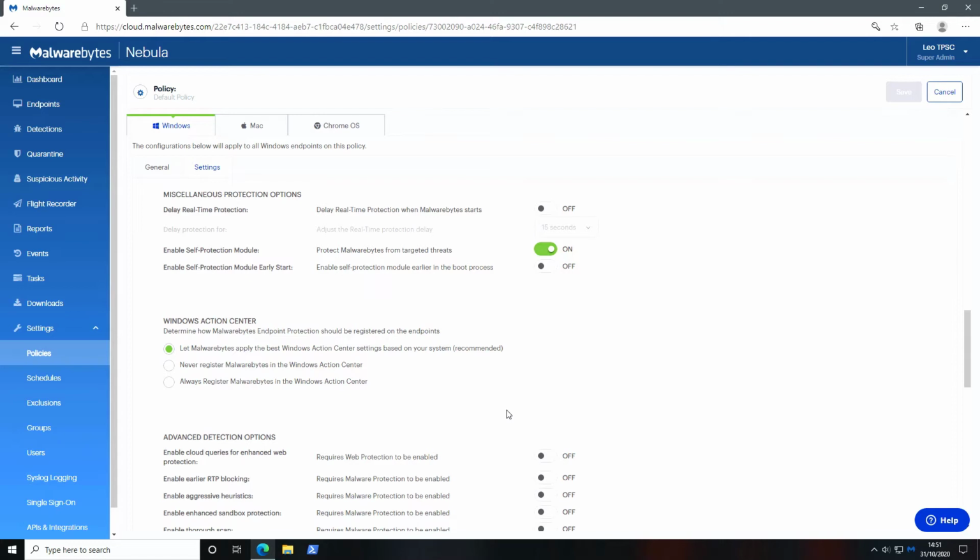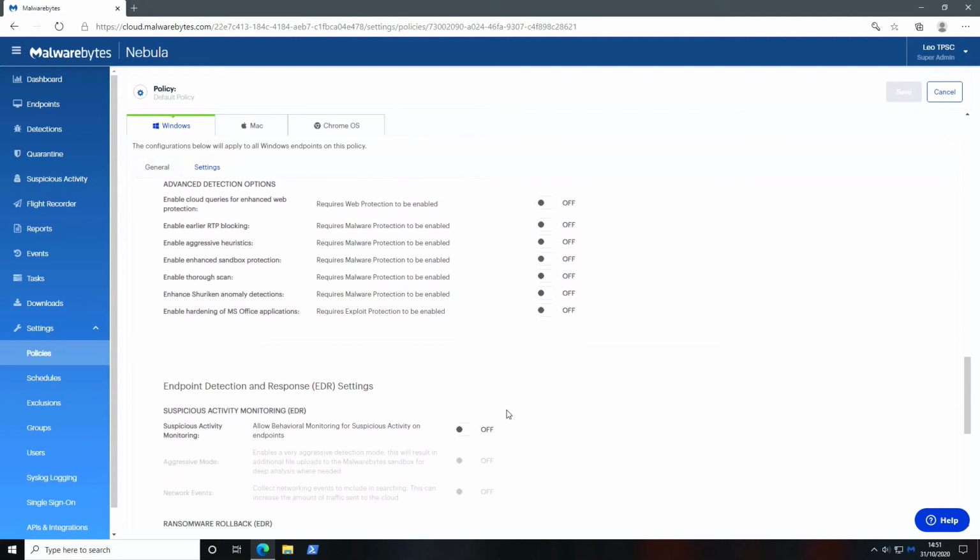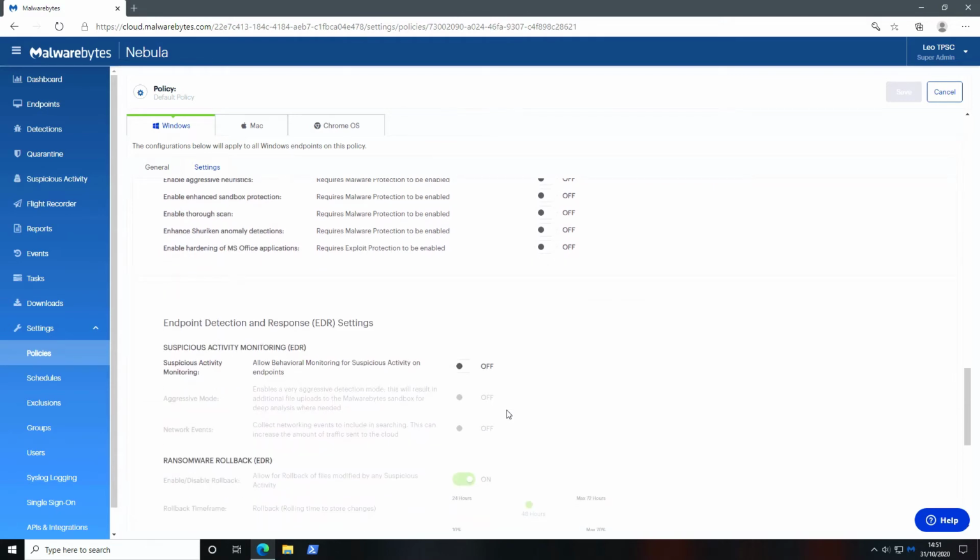So if you want to not register it, so you can run Windows Defender in parallel, that is an option. Under advanced detection, there's a lot of additional protection options that can be turned on, and the same goes for suspicious activity monitoring, which is turned off by default. So something else to consider is the default settings may not be the best for you,